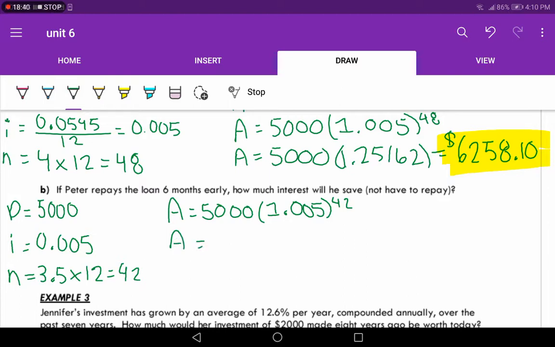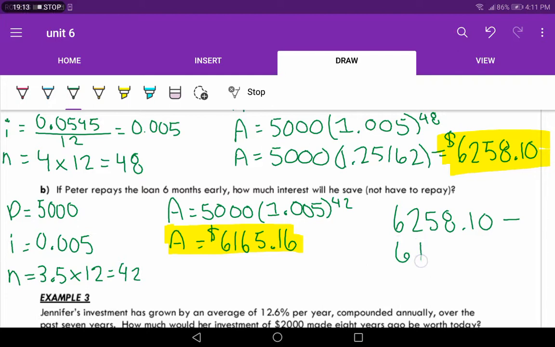1.005 to the power of 42 times 5,000 is 6,165.16. So that amount obviously is slightly different than the one above, right? So we need to refer back to the question. It's asking us how much will we save if we repay it early, right? So what we have to do to figure that out is take the original amount,